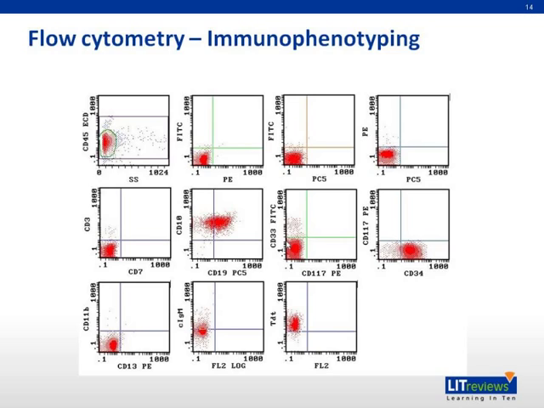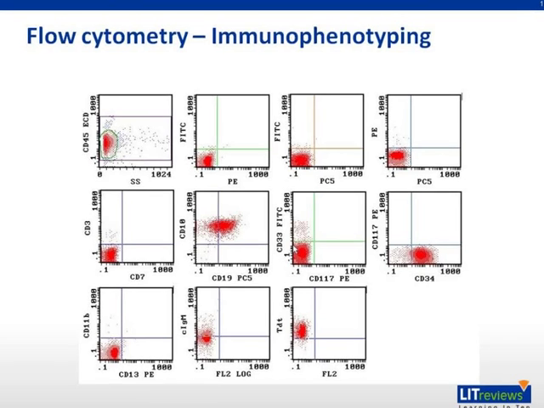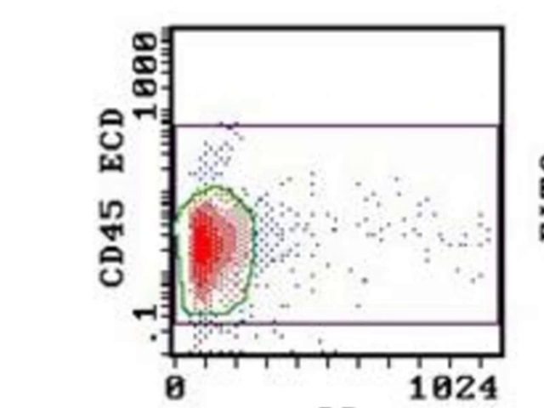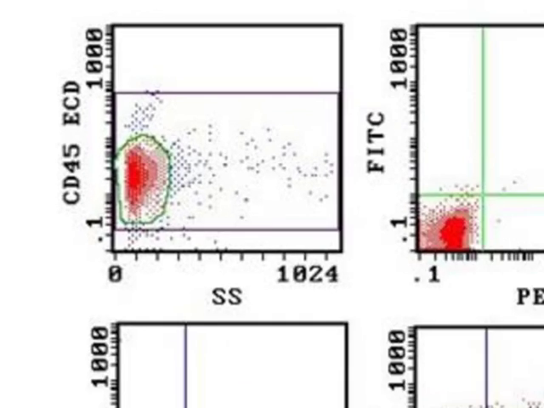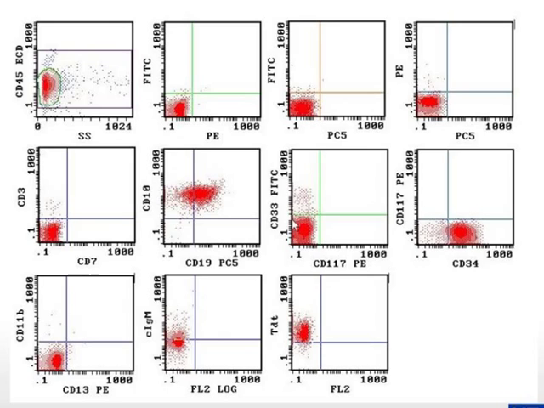This is an example of a flow cytometry report taken from a patient with ALL. The X and Y axes represent cell surface expression of various antigens. The first plot shows an area highlighted in red, which represents cells that express mild to moderate CD45 on the Y-axis, and which have a low side scatter on the X-axis. This is a blast gate, and all the subsequent plots study the surface expression of these cells.